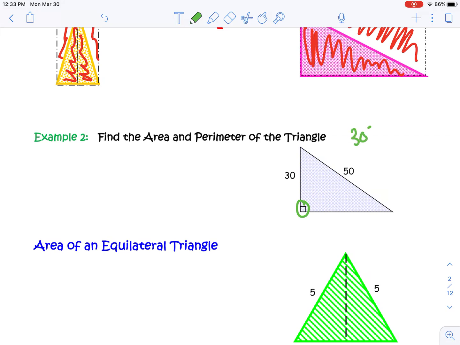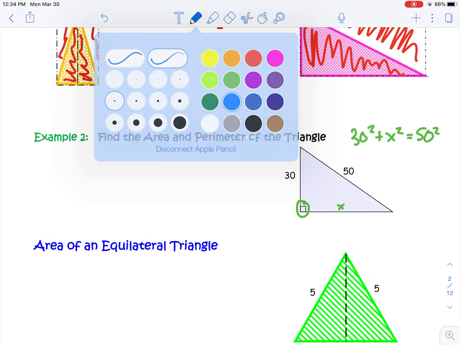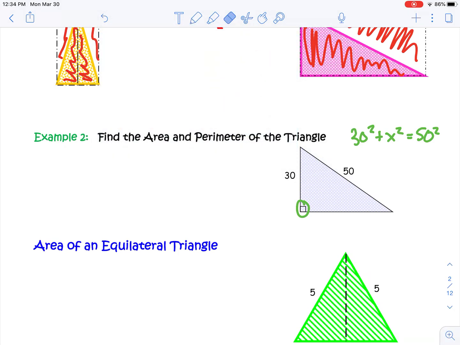But I could also do Pythagorean theorem in order to find the length of this third side, because this is a right triangle. When I do Pythagorean theorem, what I'll find is that the answer I end up getting is that x is 40. Now that I have that, I can answer both of these questions with ease. Again, the perimeter